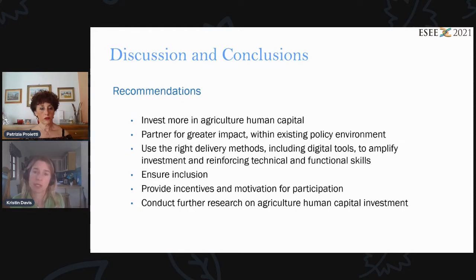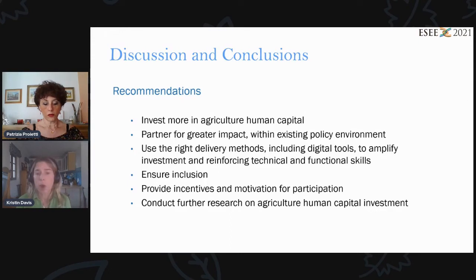Another conclusion or recommendation that we give is that we need to partner for greater impact. This was a really key element as well in terms of the more successful programs. They brought in the market people, they brought in all the elements of the value chains, they brought in the right partners to achieve greater impact and to be able to scale. When you're partnering, you also must think about the existing policy environment. So the policy environment helps you. It provides that enabling environment of partnering better, of marketing, of maybe digital infrastructure and things like that. It's all affected by the policy environment. So it's important to have that right policy environment too, to the extent that you can affect it.